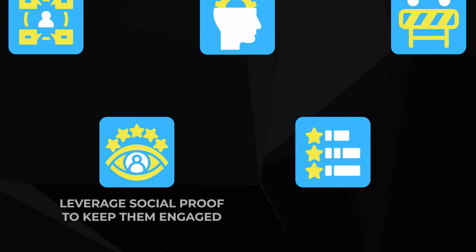Step 2 is to leverage social proof to keep them engaged. During any pitch process, clients are going to trust what other people say about you more than what you say. Here's how to go about keeping your clients engaged. People feel safer making decisions when others have done it successfully. If a client starts second-guessing things, it's probably because they lack confidence in the process. So here's what you can do to help build that confidence up.